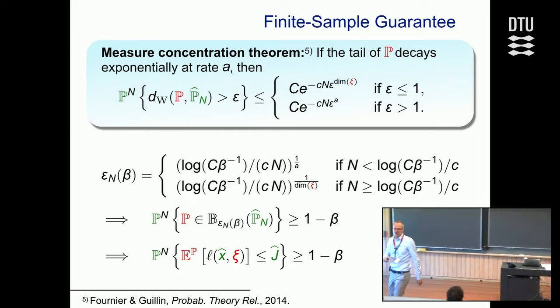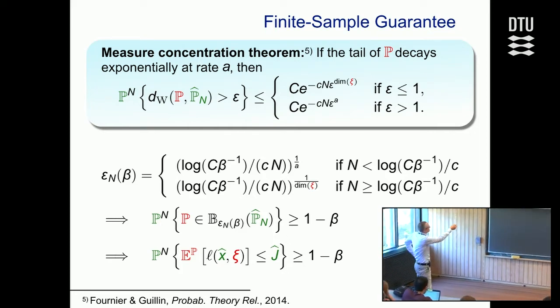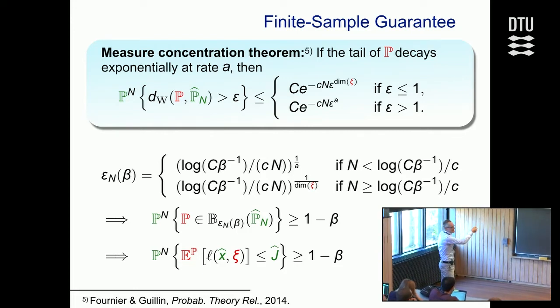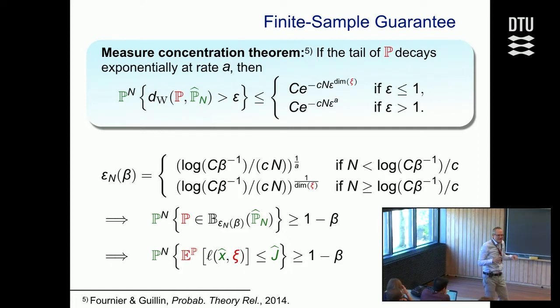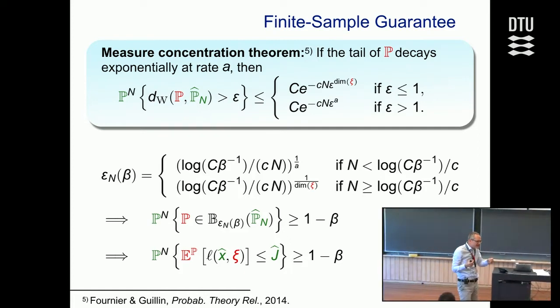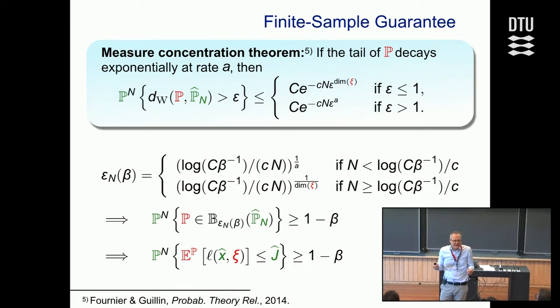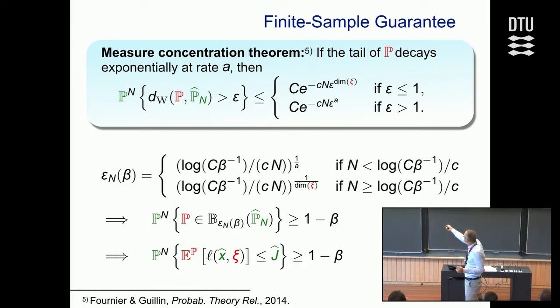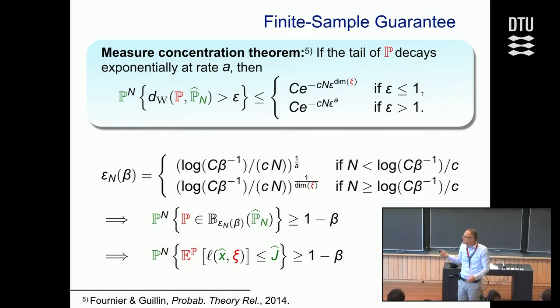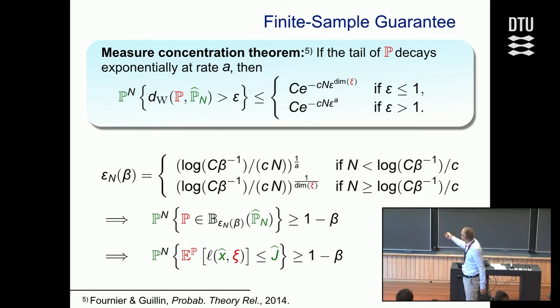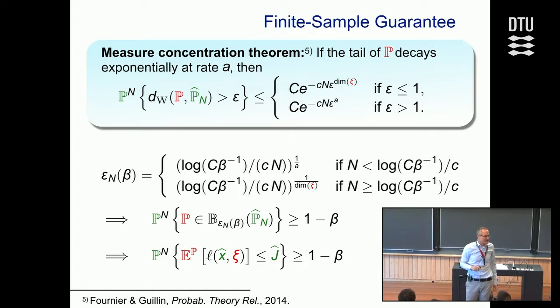So a precise statement is shown here. The precise statement says the following. This distribution p hat n, the empirical distribution, is a random distribution because it's the uniform distribution of the training samples, and the training samples are random, right? So we want to know the distance between the true distribution that we don't know and our empirical distribution p hat n, which is random. And what we ask here, whether the true distribution is inside the ball of radius epsilon around the empirical distribution or not. So if this strict inequality holds, right, if this is satisfied, that means that the true distribution is actually outside of our Wasserstein ball.